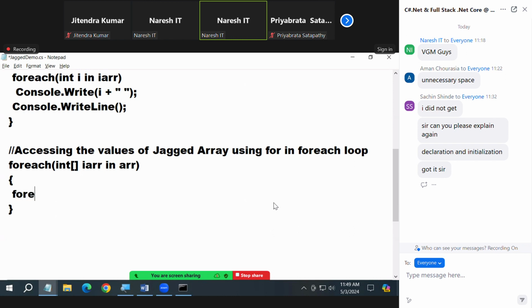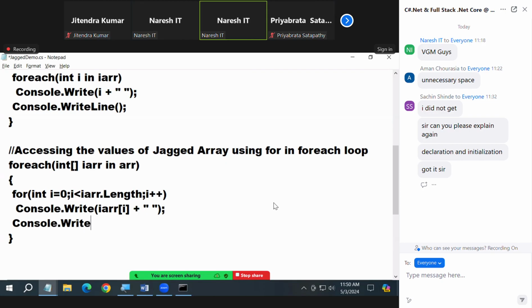Na? Write that only. For int I equal to 0, I less than IARR dot length, I plus plus, console dot write IARR of I plus space